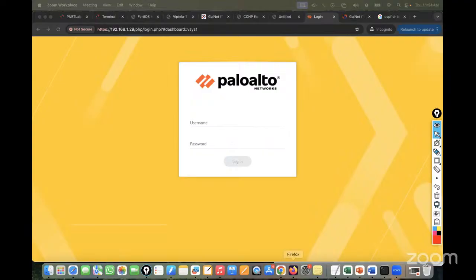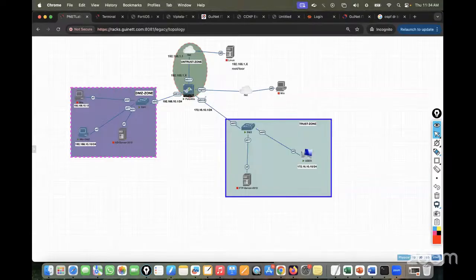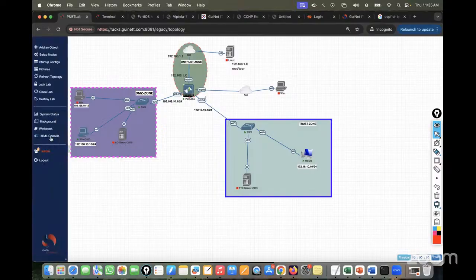All right. So today, what we have to understand is some key concepts of the firewall. If we are going to talk about Palo Alto, we have to understand why this Palo Alto firewall has some unique features. Like, whenever you're going to configure any firewall, especially a Palo Alto,